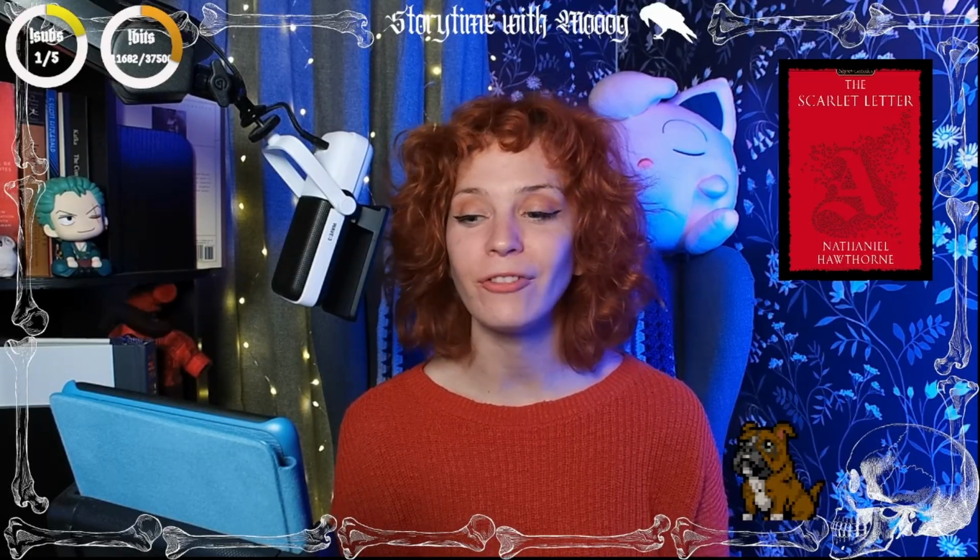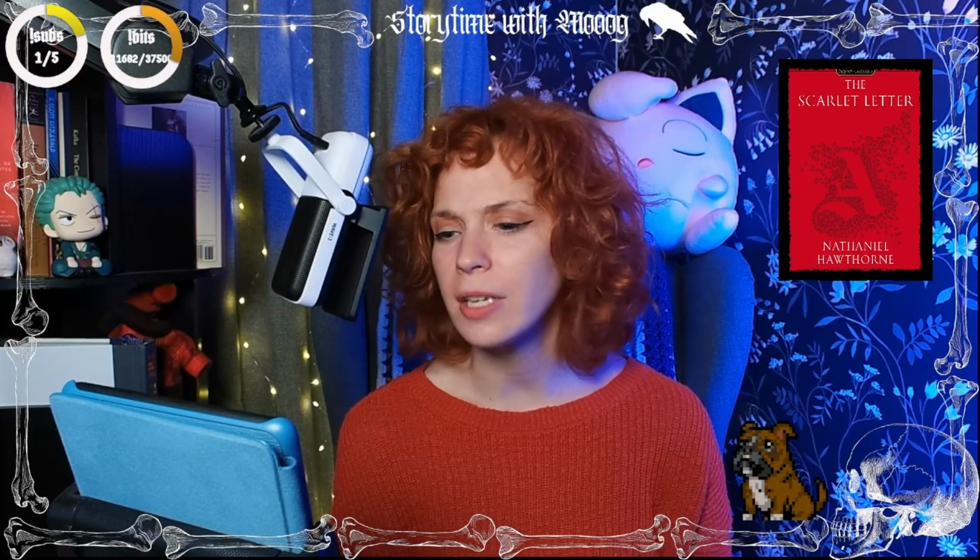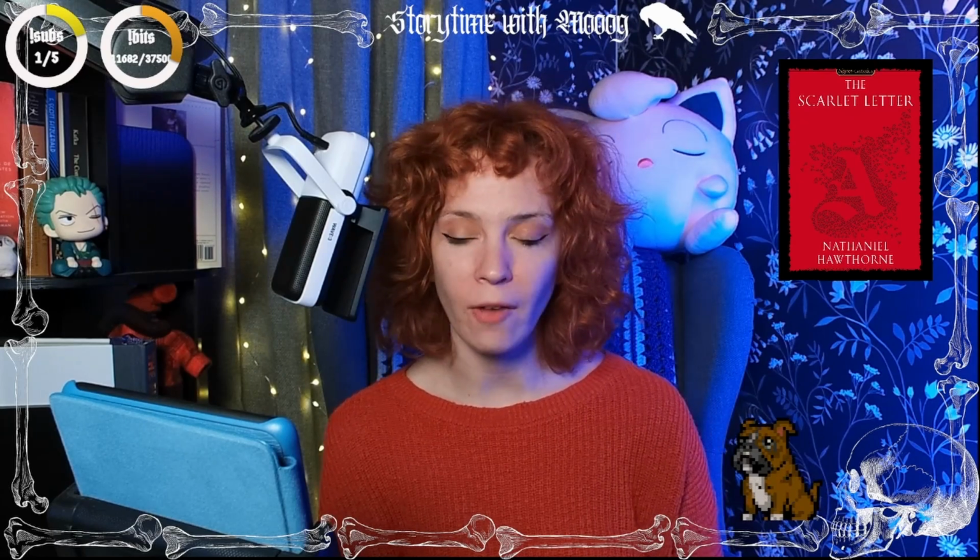On the breast of her gown, in fine red cloth, surrounded with an elaborate embroidery and fantastic flourishes of gold thread, appeared the letter A. It was so artistically done, and with so much fertility and gorgeous luxuriance of fancy, that it had all the effect of a last and fitting decoration to the apparel which she wore, and which was of a splendor in accordance with the taste of the age, but greatly beyond what was allowed by the sumptuary regulations of the colony.